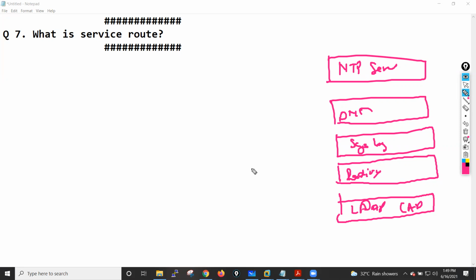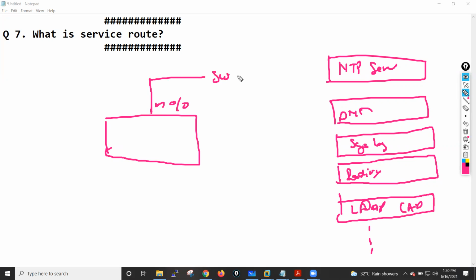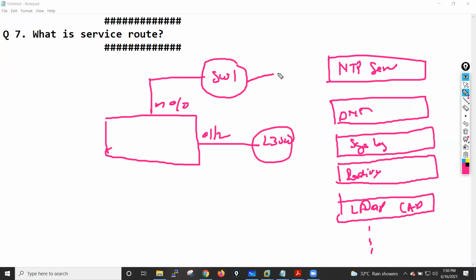Now, we have our Palo Alto firewall. That Palo Alto firewall has a management interface, and this management interface is connected to, let's say, switch one. This is the management switch. And this is maybe the Ethernet 1/2 interface, which is connected to your layer 3 switch. Because these are the servers, at some point this switch connects with this L3 switch, and that switch has connectivity with all these servers, right?